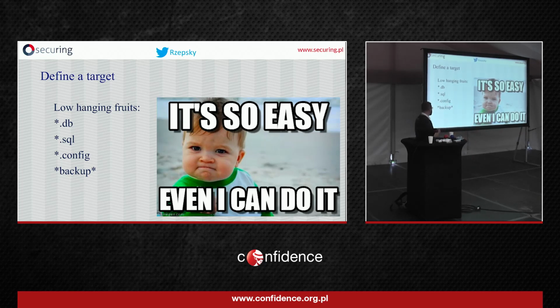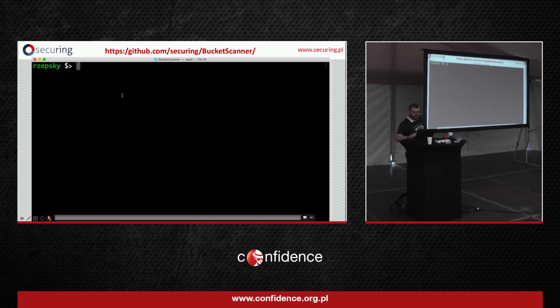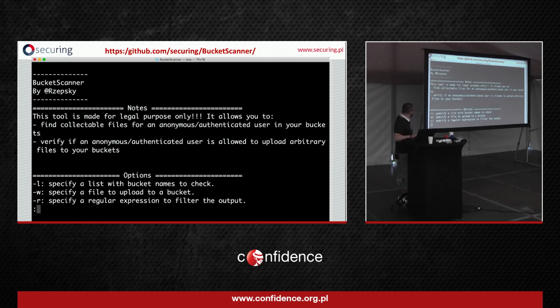So I defined a target like the low-hanging fruits, like any file containing a backup word. First of all, there wasn't a scanner available, so I created my own, the bucket scanner, and it verifies the privileges to the objects in the S3 bucket. So, here's the manual, let's say,